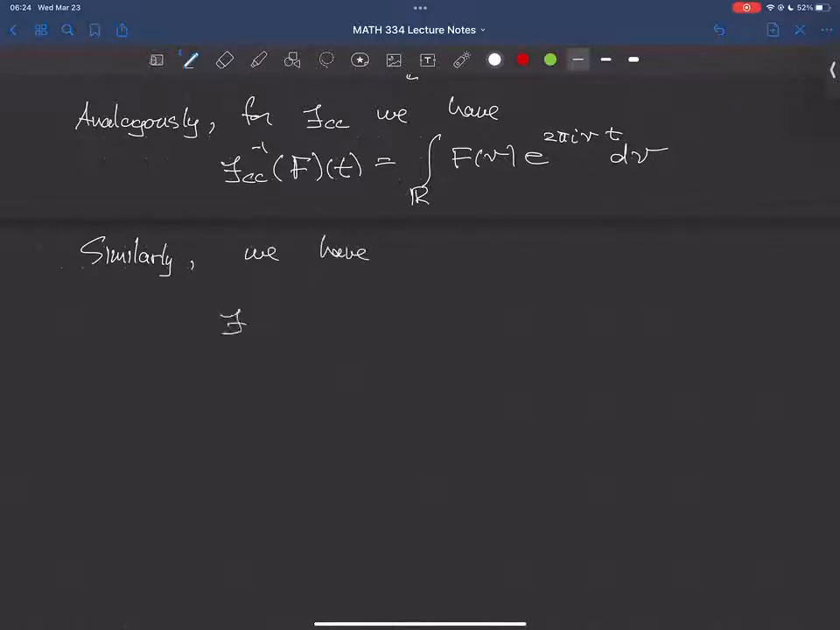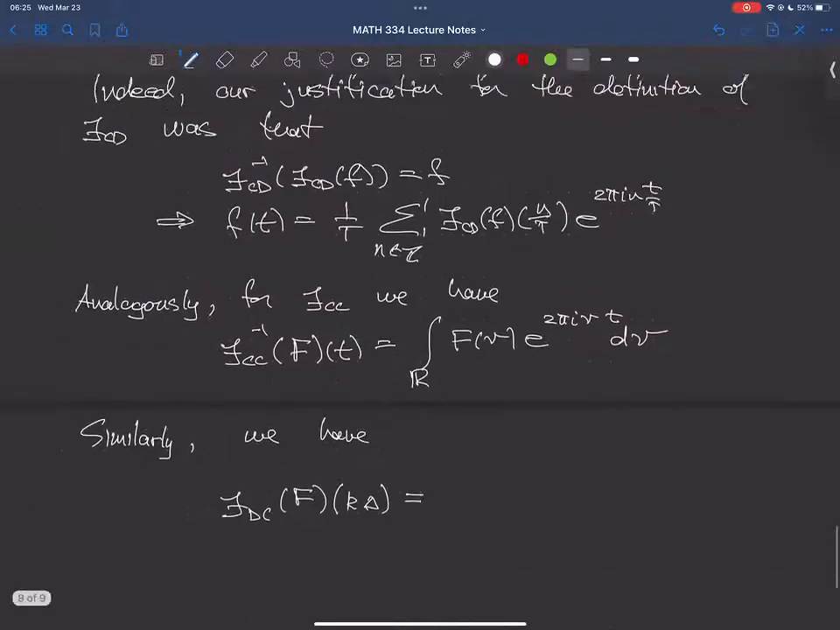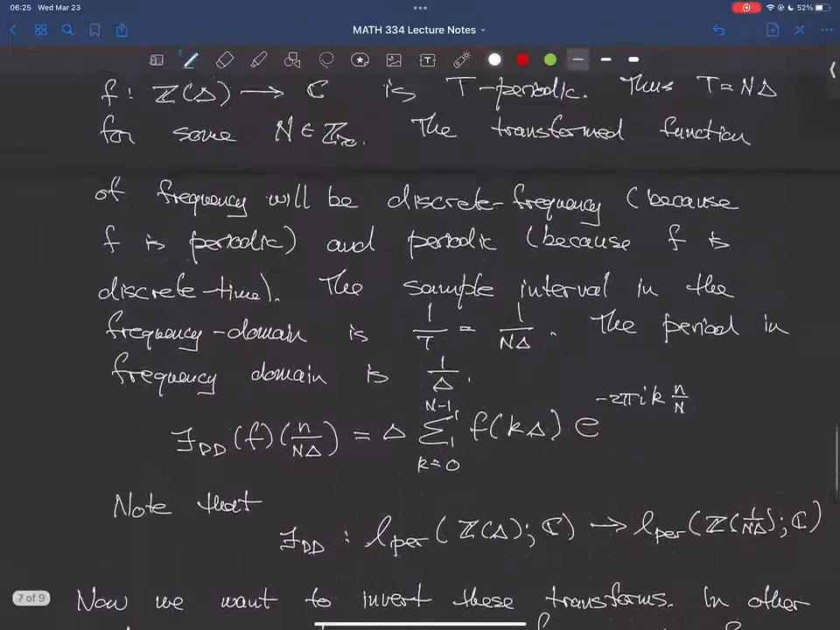For the DCFT. Okay, so remember that capital F here now is going to be a periodic continuous time function of frequency. Okay, and what we get back is an aperiodic discrete time function evaluated at integer multiples of delta, right? And so the formula that we're going to get here, okay, is